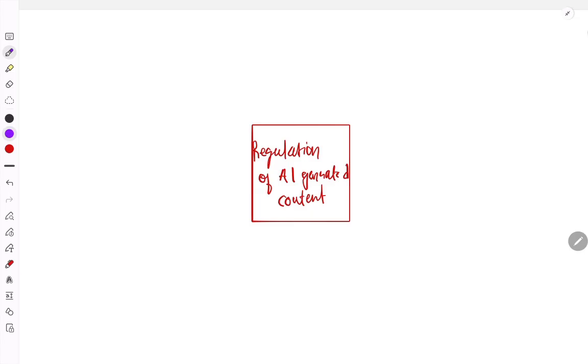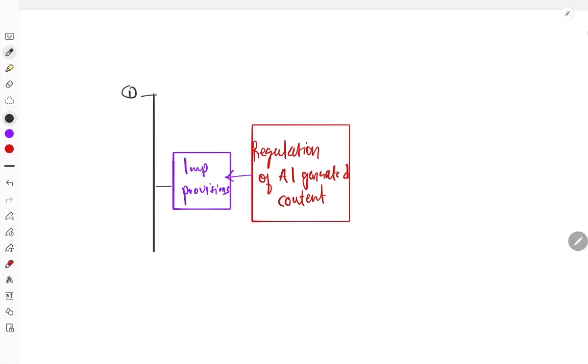First thing, you understood the news. Second, let's cover what the important provisions of the draft rule are. See, the first important provision of this rule is that there must be a declaration or label that the particular content which is published is made through AI. Okay, and 10% of the area will be used to showcase that this particular